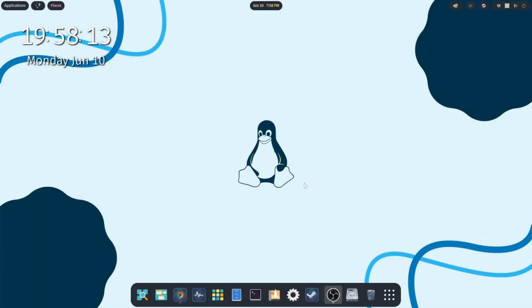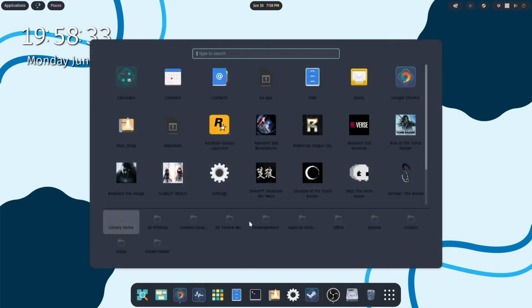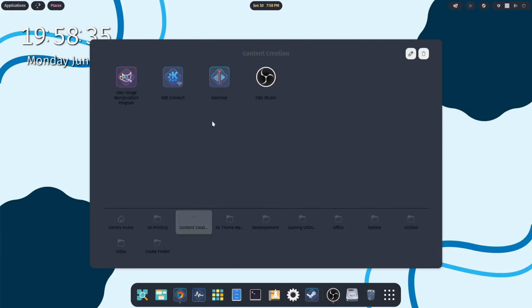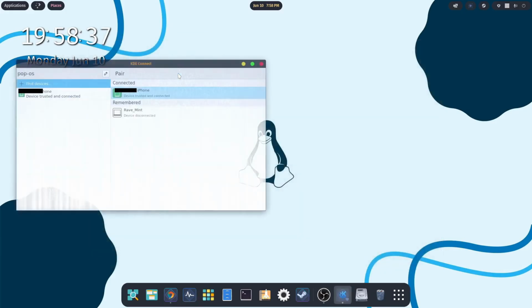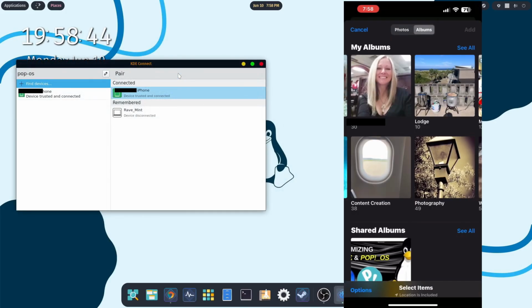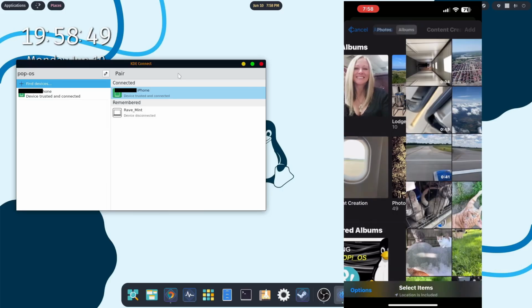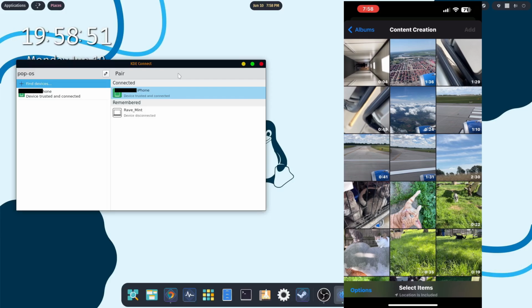All right, so if you have KDE Connect installed already, there are plenty of tutorials out there on how to set it up to communicate with your external device. I don't want to cover that here and now. So we're going to go ahead and just open it up. So we'll go down to our content creation folder, we'll hit KDE Connect and open it up. Then we're going to open up on our other device, whether it be an iPhone or an Android, KDE Connect. Go ahead and open that up. Then we're going to open up the files that we want to